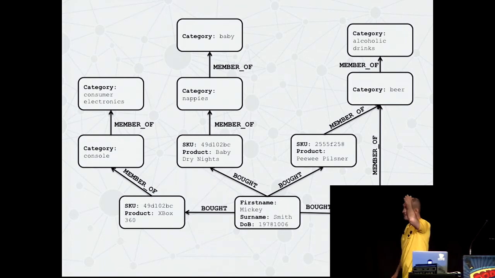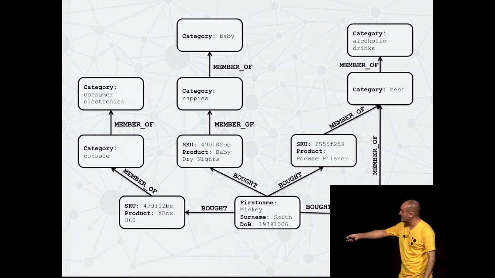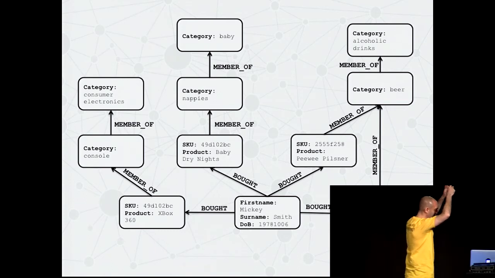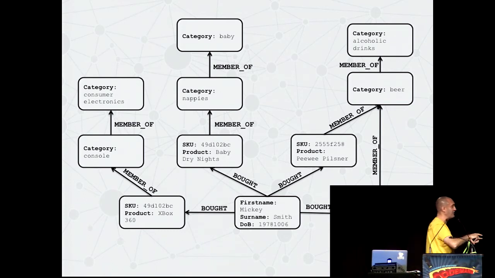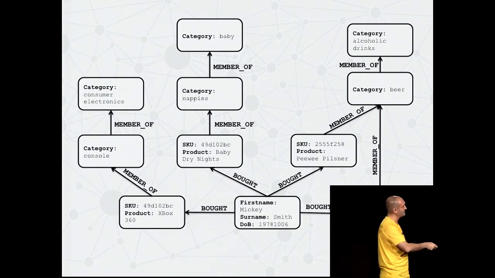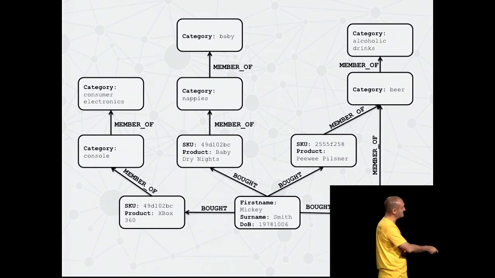So we got a bunch of data, we stuck it in Neo4j. In fact, we had a couple of aspects to this data. We had this stuff at the top here, which is a product taxonomy. And you can see things like we've got categories of beer, alcohol, which has a subcategory beer, which has some specific beery things in it. We have some categories representing babies, and we have some specific categories around nappies and some specific products. And we have some consumer electronics in that we've got game consoles and specifically things like Xbox. And we've also got some customer purchase data. So we can see that this chap here, Mickey Smith, who happens to be a Doctor Who companion, has bought Badger's Nadger's Ale, Pee-wee Pilsner, he's bought some Baby Dry Nights, and he's bought an Xbox 360.